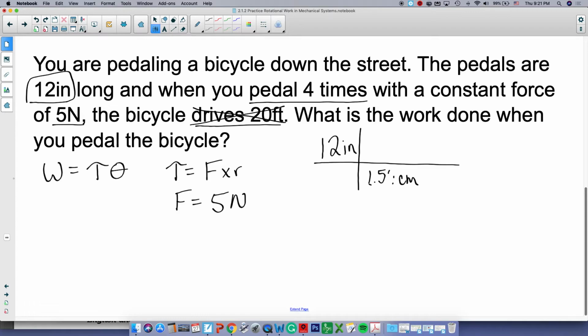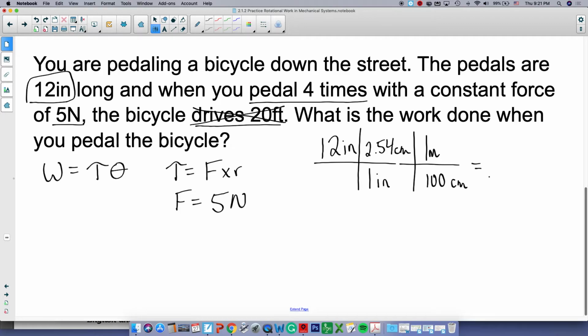So that 2.54 should go on top. So 1 inch, 2.54 centimeters, and then there are 100 centimeters in a meter. So 12 times 2.54 divided by 100, we get